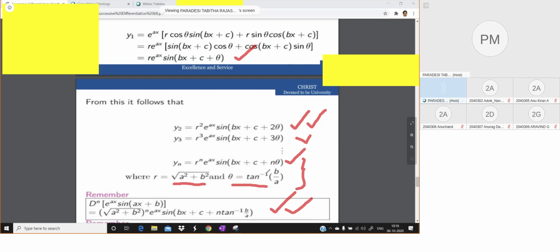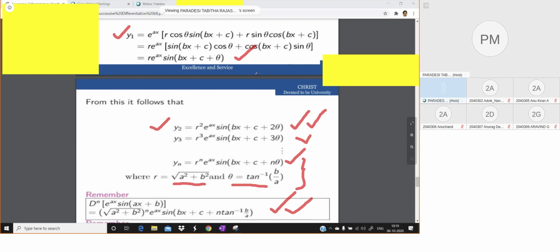2 theta is obtained. Okay. So if this is my y1, if this is my final answer for y1, I need to get y2. So to get y2, again, the process is the same. You have to apply product rule. So would you get a sine term and a cos term? When you differentiate this one, will you get in terms of sine and cos? Because e power ax you'll keep as it is. Derivative of sine is coming in terms of cos. Next, sine you will keep as it is. You will differentiate e power ax. Again, two terms will come.